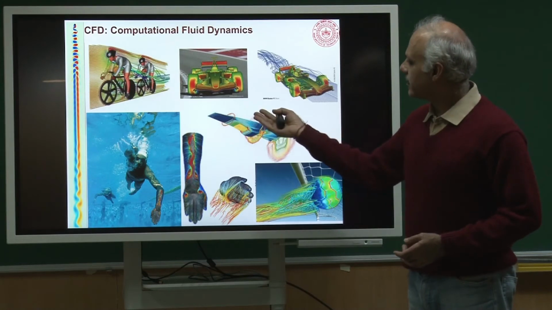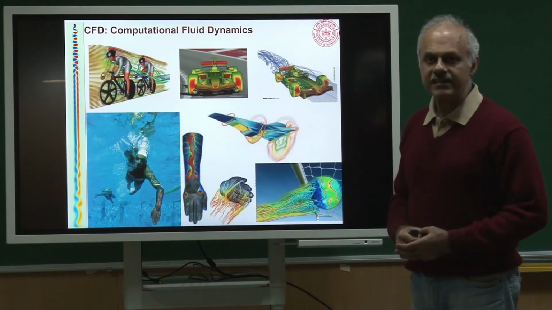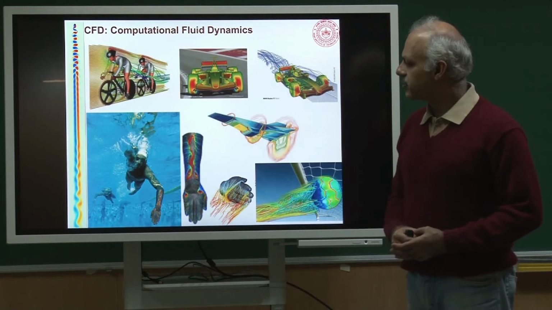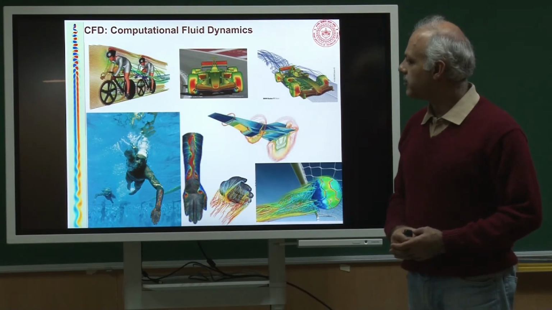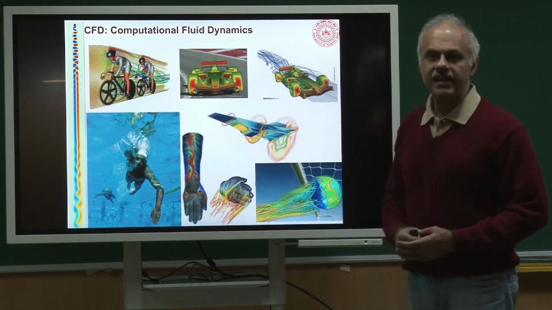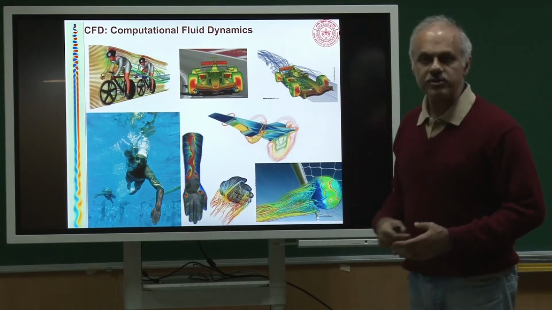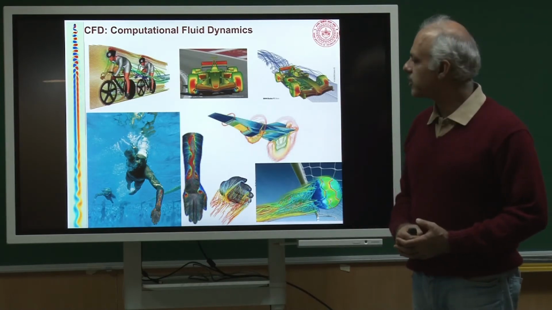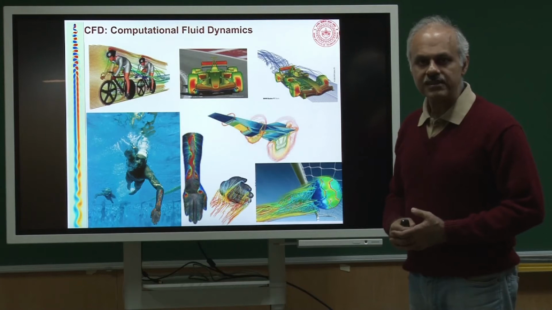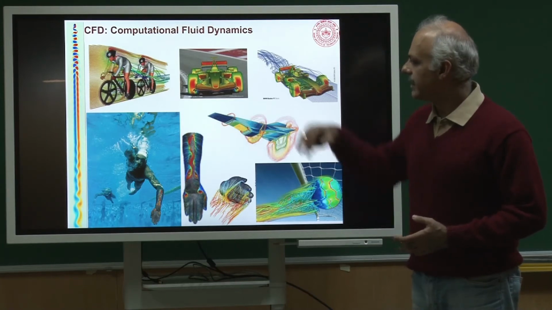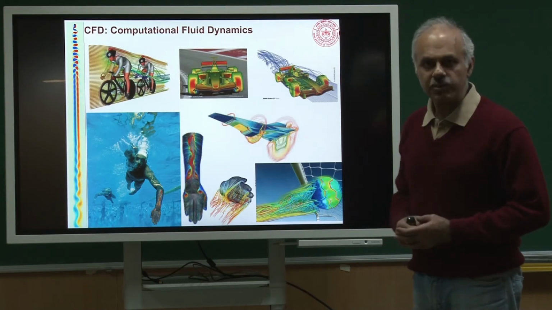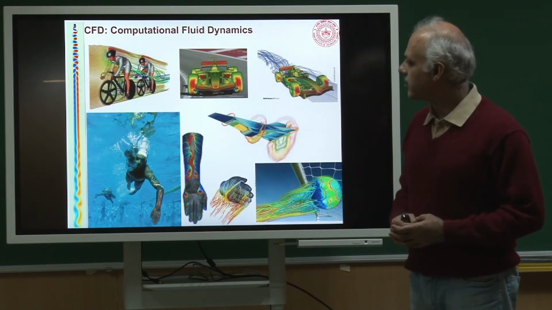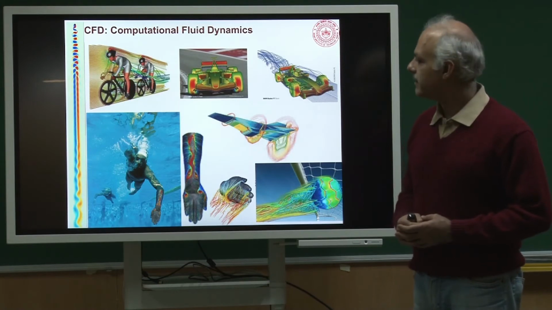So that the reaction from the ground increases, because the force of friction is proportional to the coefficient of friction as well as the normal reaction from the tires. Because we are producing downward lift, that adds to the weight and the car produces more friction, and thereby you can have a very safe turn. So, CFD can help you design various components of this Formula 1 racing car.